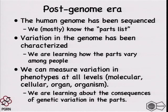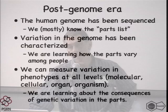And those are what I call phenotypes, which may be a word that you're familiar with or not, but basically a phenotype is any measurable feature of an organism that's not its DNA sequence. So the DNA sequence is the genotype, and how its molecules, cells, organs, and organism respond to various stimuli would be the phenotype. And what we'd really like to do now is understand the relationship between this very easily measured genotype and phenotypes